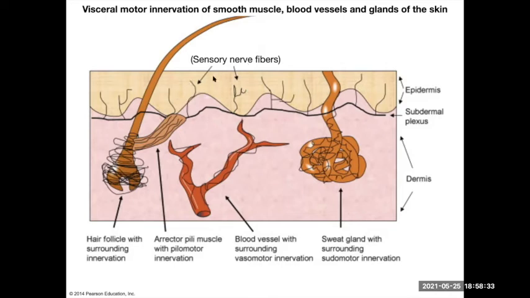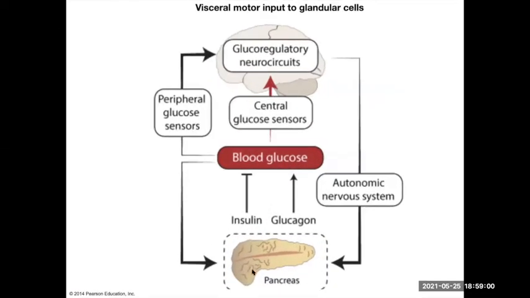This is opposed to what we might have mentioned when we talked about the skin, those different types of sensory nerve fibers that were doing the afferent, somatic sort of afferent things that made you feel things like touch and pain and stuff like that on your skin. These are visceral motor components. Now here's another one about glands, right? Innervation of glands in your body.